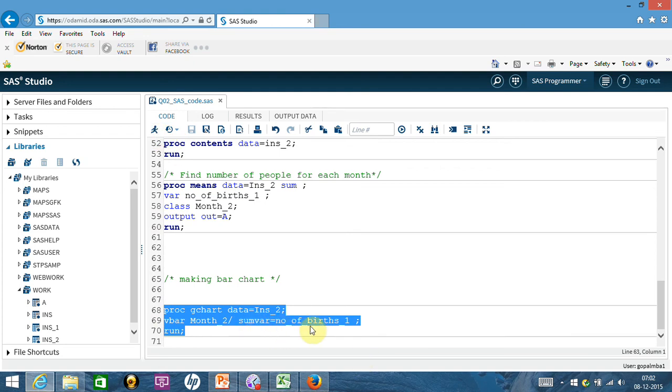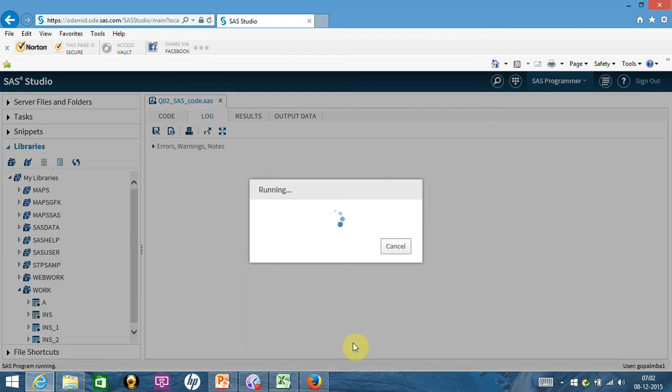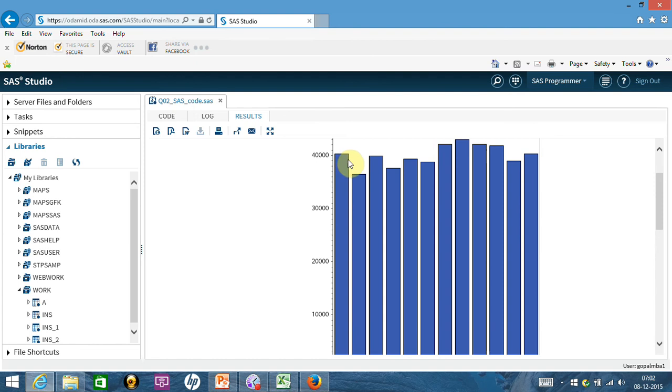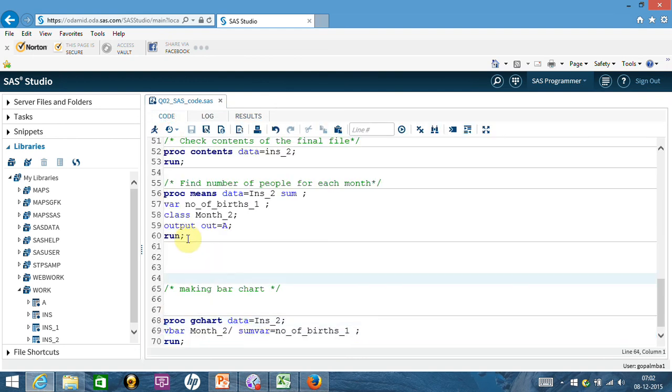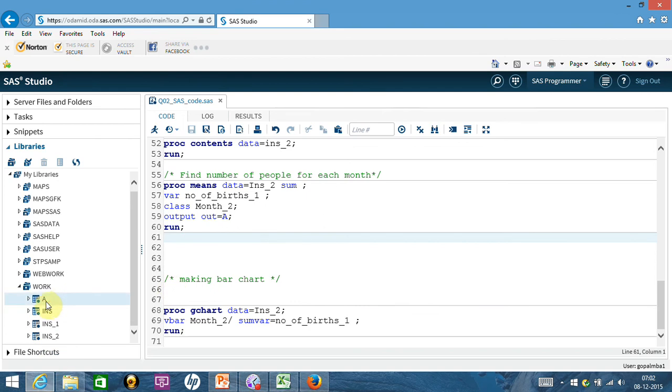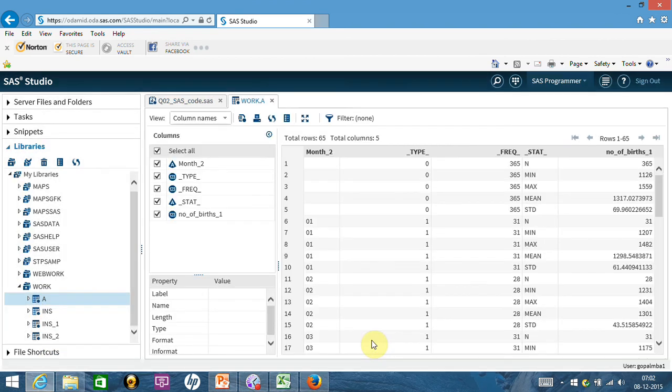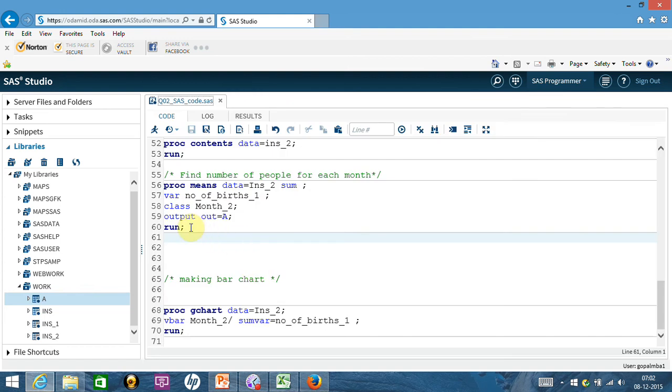Here I am saying sum var as number of months 1 on the INS2 dataset. So it has worked fine. Take a look. For month 1 it has given you, for month 2 it has given you whatever we were looking at, 36 kind of. Take a look at the previous output when we did the proc freq, or you can take a look at the output that we have produced just now. Oh, the output 1A has not come properly, so don't worry about that, we can just run it again.